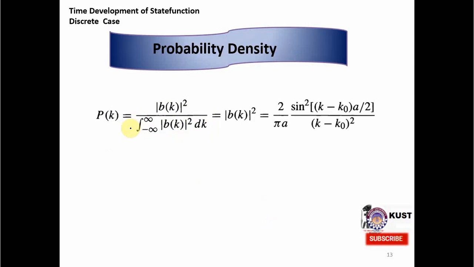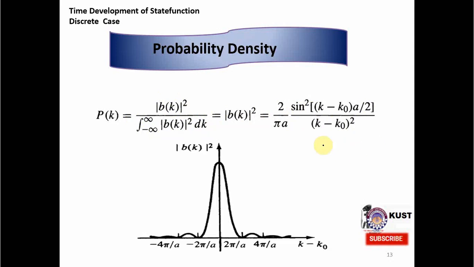In the continuum case, we want to include all sorts of probabilities inside this integral. So this sort of normalization is equal to |b_k| squared if you set it equal to 1, because it's normalized to 1. So we will have 2 over pi a. So this is the result. We are just calculating |b_k| squared. On the last slide we calculated b_k, now we calculate |b_k| squared,